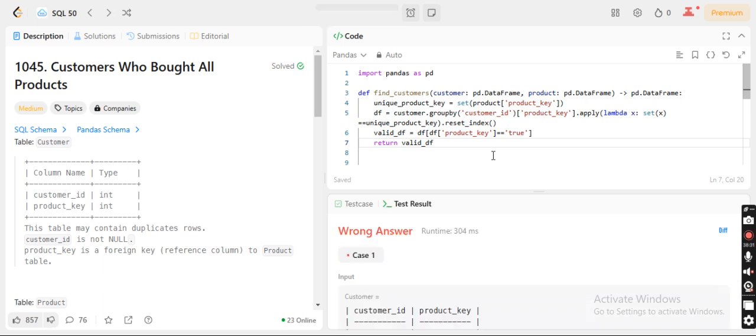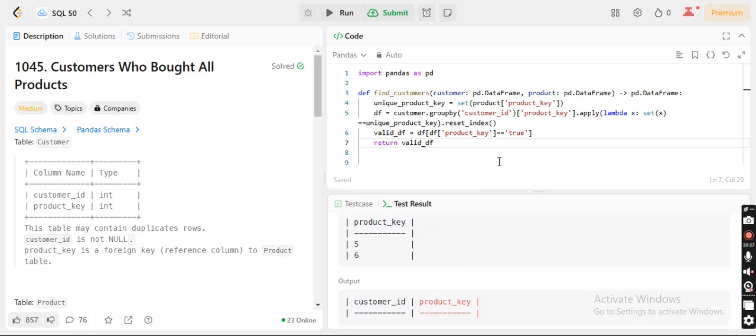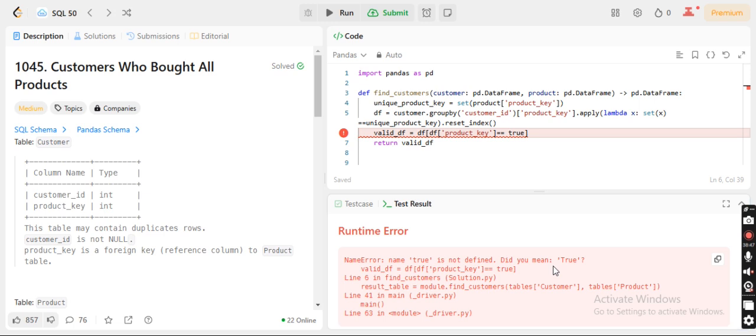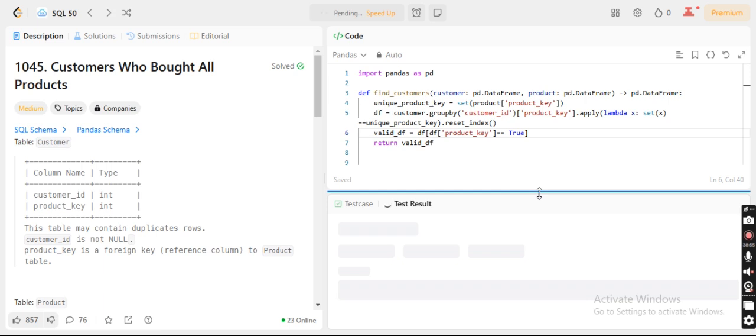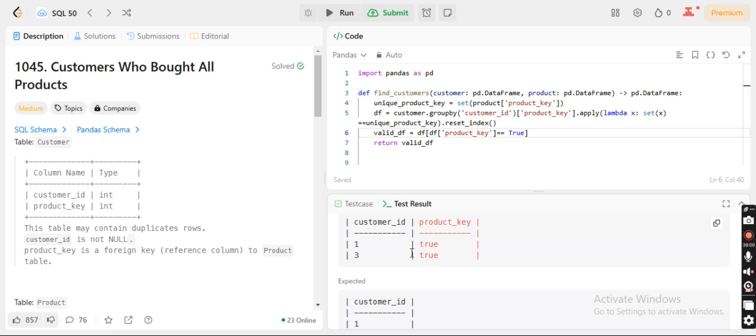So it has just filtered the thing where it is true. Now simply I just take this customer ID and give it this way.